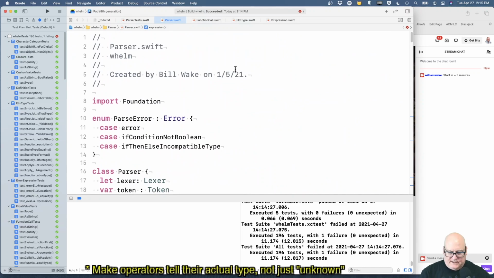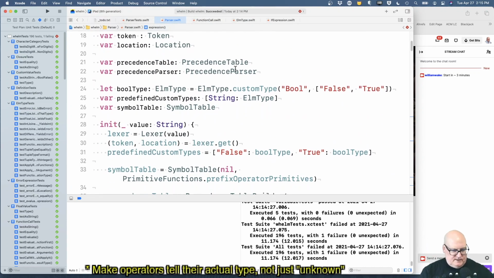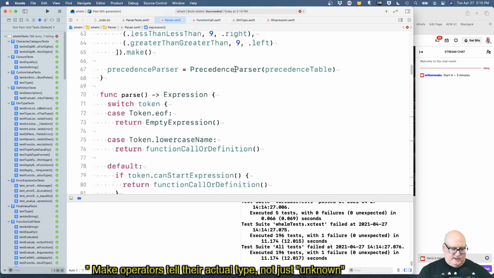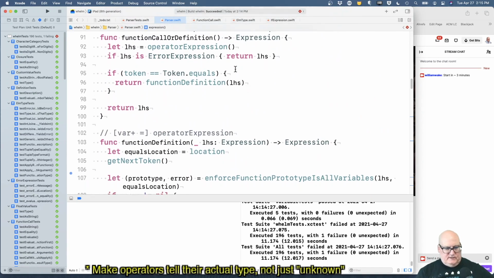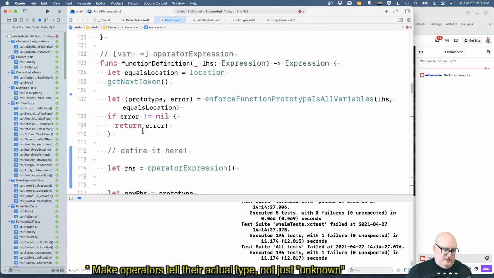I believe that's held by this class. Yes. Okay, so we can add things to this symbol table. All right. So what we're going to do is take the left-hand side and basically build up a type that's generic goes to generic goes to generic kind of thing. All right, so we need to go